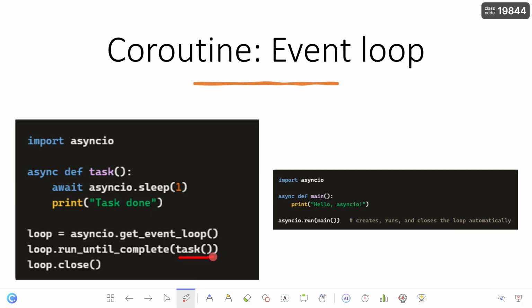Calling a coroutine like this will actually return a coroutine object. So this task method call is returning a coroutine object, and it will be an argument to this run_until_complete method of the event loop object. So this loop object is actually looping, and it